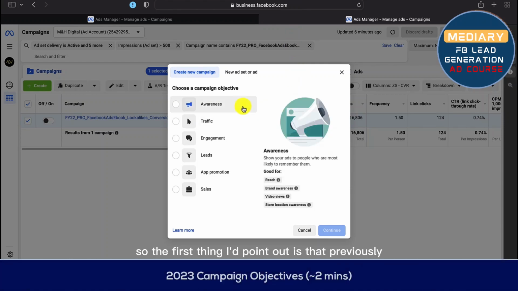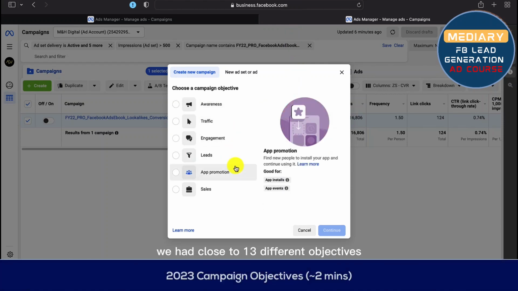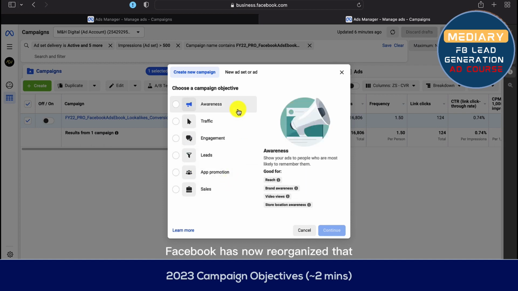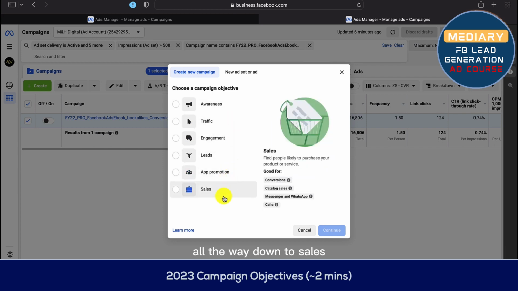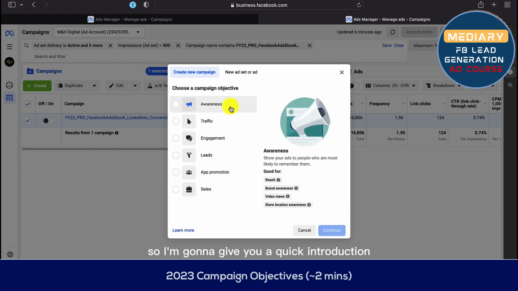So the first thing I'd point out is that previously, Facebook has now reorganized that. Basically 6 main objectives that you can see here, all the way down to sales. Of these different objectives,